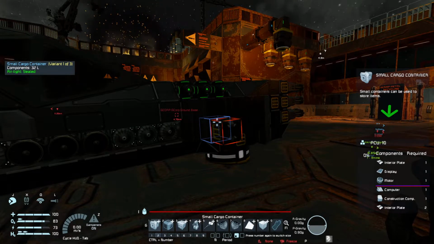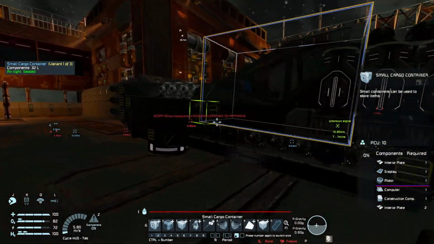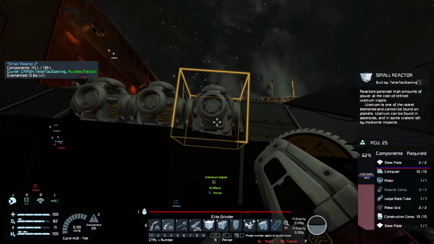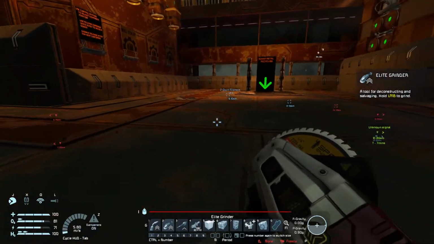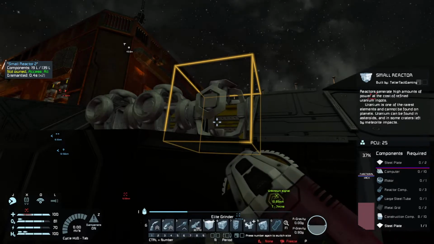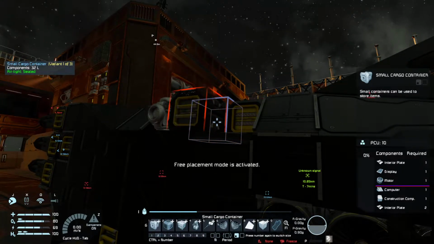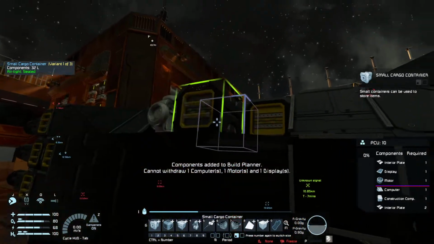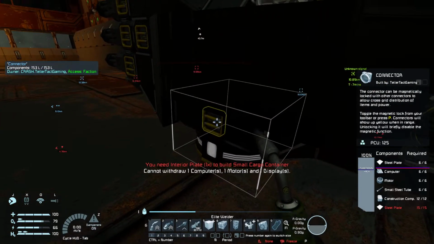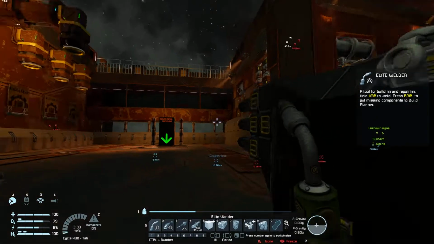Now, as that requires the display and motor and computer and stuff, I can't really get that unless these reactors do have the stuff that I need to make more storage. Which I think they do. Interior plate. And yeah, don't actually need...